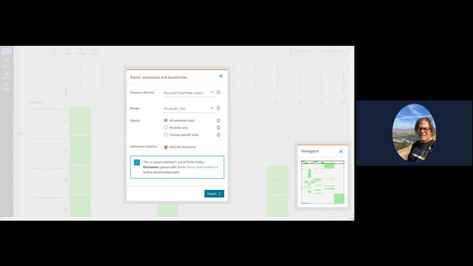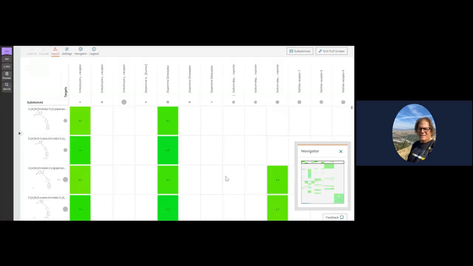And I've already exported this. You can see here is the table that we have, and each of those substances are listed on the y-axis and the targets on the x-axis. So what you export is the exact table that you see on the screen. And with that,